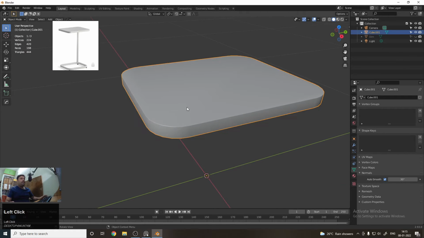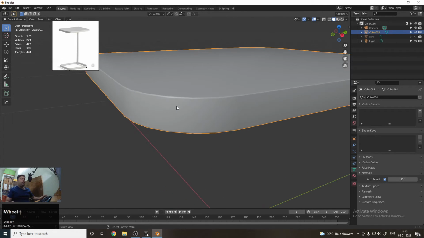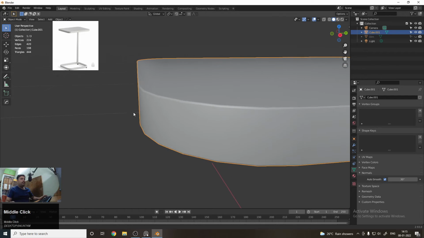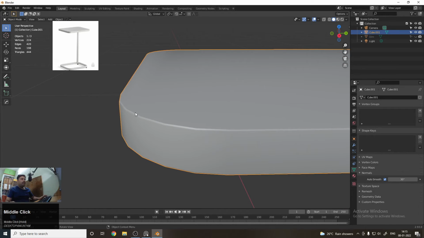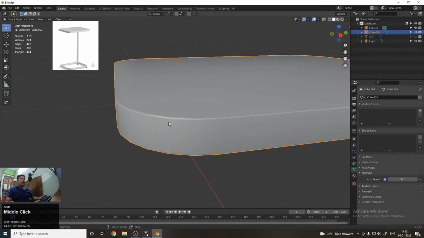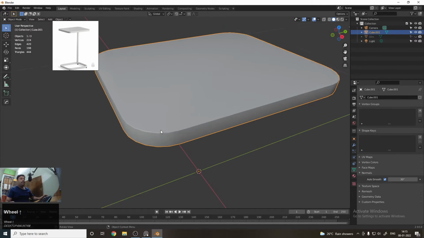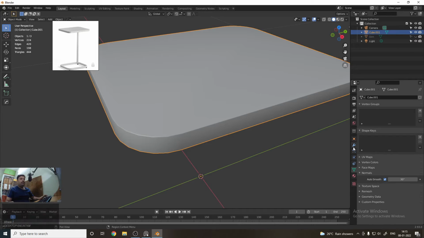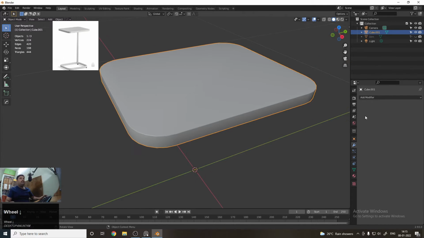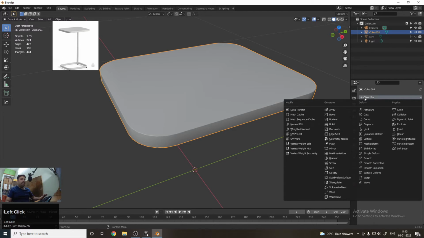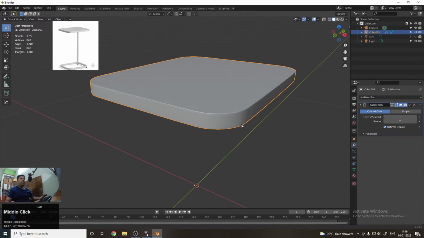If you want to make it smoother, you can see that it is not fully smooth, as we have not applied the subdivision modifier. To make it smoother, go to this gear icon, click on it, and add one modifier known as the subdivision modifier. Here is the subdivision modifier, click on it, and it will apply on the model.